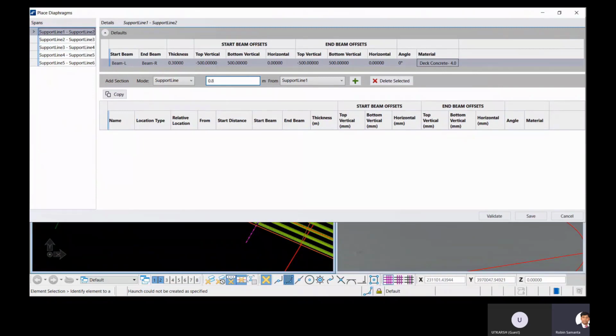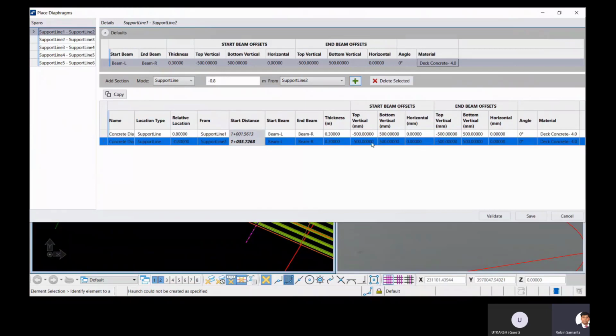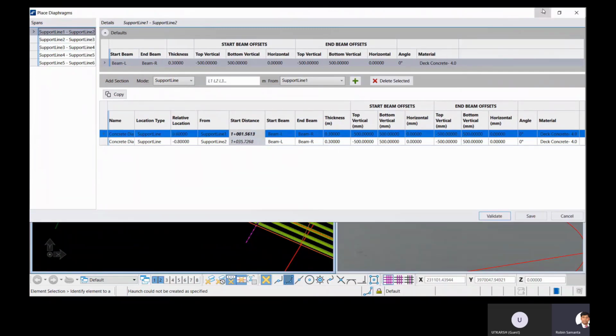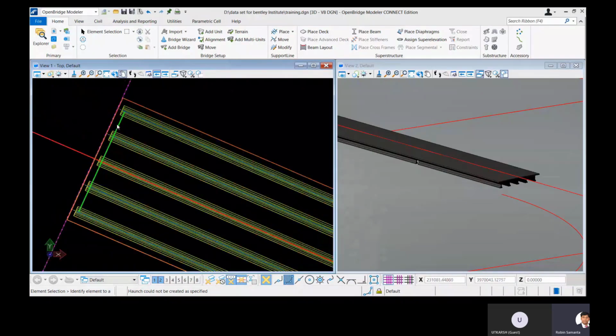And here, let's see, give an offset of 0.8 meter, right? Because 500 millimeter, you see, is the edge distance we have given for the beam placement, another 300 millimeters. So it's 800 millimeter from the support lines. And here you can see that we are keeping skew angle 0, because support line 1 and 2 don't have any skew angle, right? So again, in the similar way we'll validate, and we can see graphically how it plays the diaphragms. So here you can see how it's connected. Perfectly placed.